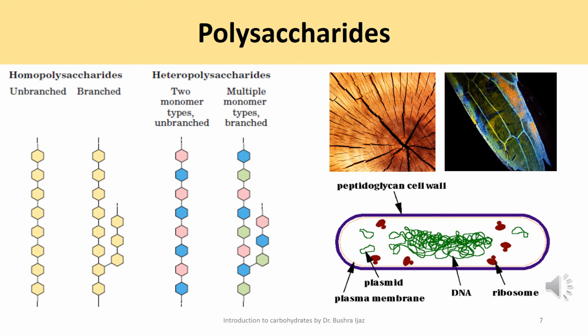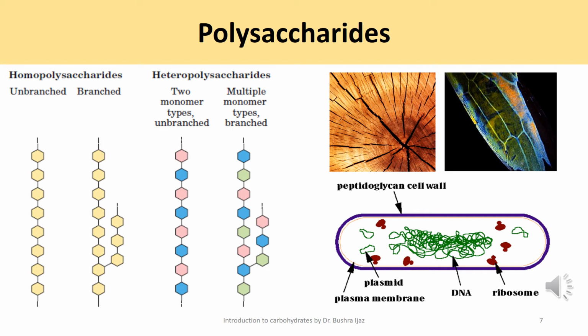Most carbohydrates found in nature occur as polysaccharides, which are polymers of medium to high molecular weight. Polysaccharides, also called glycans, differ from each other in the identity of their monosaccharide units, in the length of their chains, in the type of bonds linking the units, and in the degree of branching. We have two classes of polysaccharides: homopolysaccharides and heteropolysaccharides. Homopolysaccharides contain only a single type of monomer, whereas heteropolysaccharides contain two or more different types of monomers.